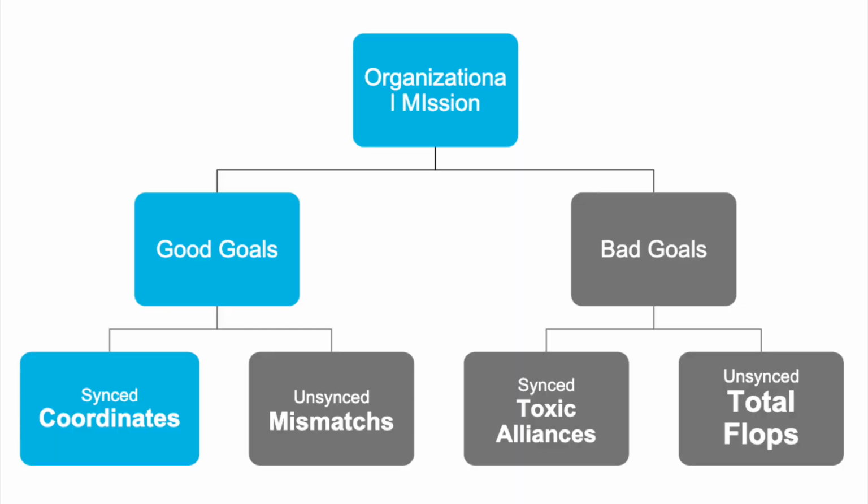So starting with coordinates. This refers to the synchronized macro level goals of the company's social media. That means good goals leads to good synchronized coordinates. You can always use the acronym ARCS to maintain effective use of coordinates in social media. That's aligned, reinforcing, connected, synergy. Ask these questions. Are our goals aligned and non-contradictory? Are they mutually reinforcing? Are they connected to one another? And do they collectively cultivate synergy?